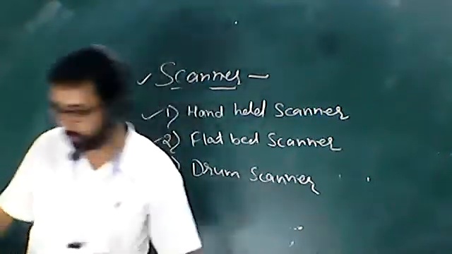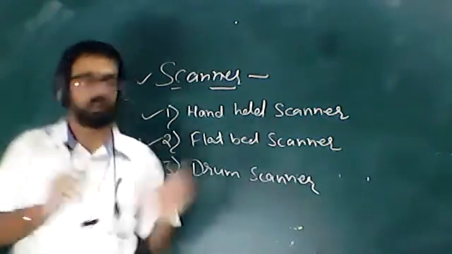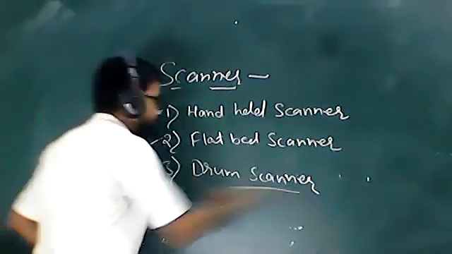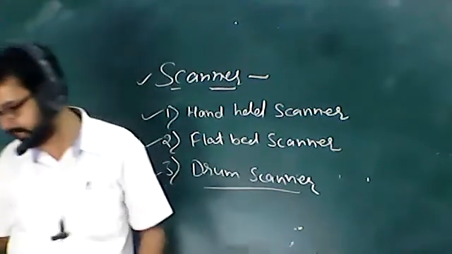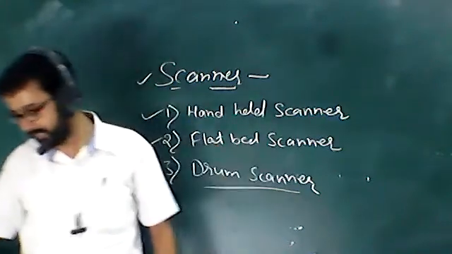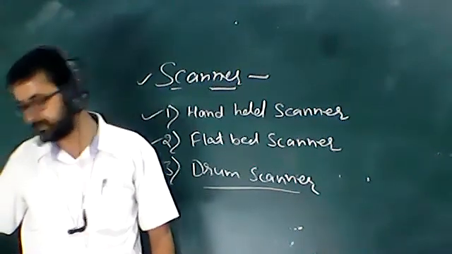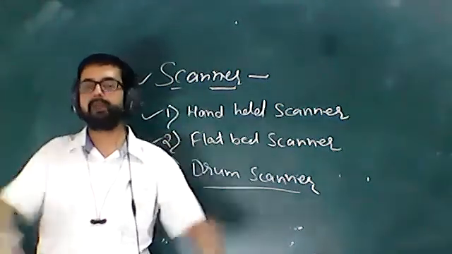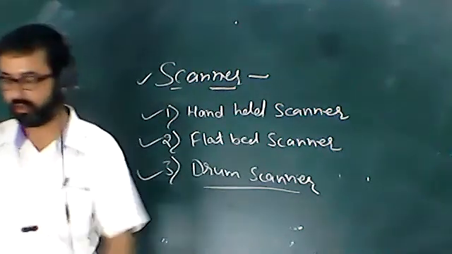Next is your drum scanner, or medium size scanner with a rolling drum. It is a medium size scanner, larger than the very small flatbed, and the drum scanner is medium in size. It contains a rolling drum. The sheet is fed through the scanner so that the drum rolls over the entire sheet to be scanned. The text or picture is moved over the rolling drum, and the rolling drum scans the text and images. That is your drum scanner.